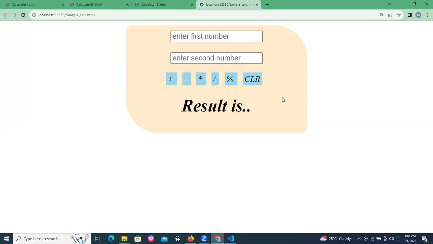Can you see this? Enter first number and enter second number and go with the plus button. What happened? Enter first number. Okay, why is NaN coming? Maybe the problem is the form, I think so. No, I'm not using a form now. Okay, 12 and... But this always happens when we try to write a form. Okay, let me